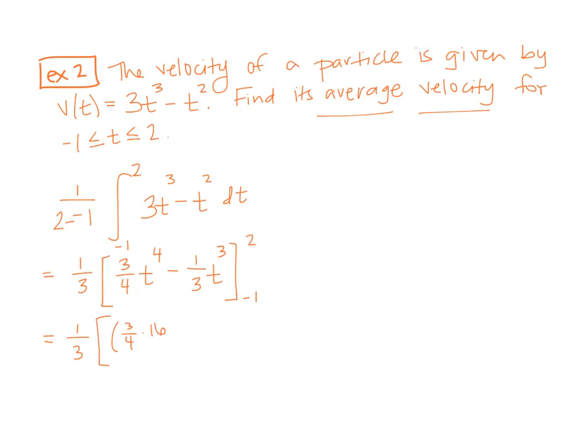Oops, didn't want to close the parentheses there. Okay, then minus 1/3 t cubed, so 1/3 times 8. Okay, cool. So that's our first part. Then we'll subtract it and evaluate at -1. So evaluating at -1, plugging in -1 to t to the 4th will give us a +1. So that value is simply 3/4